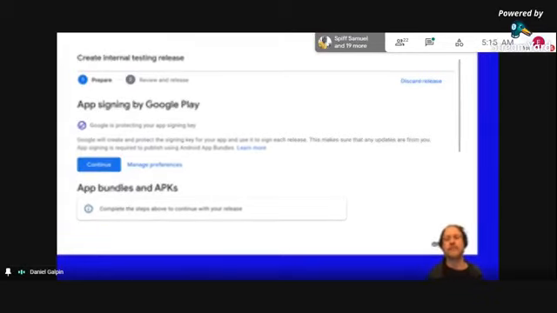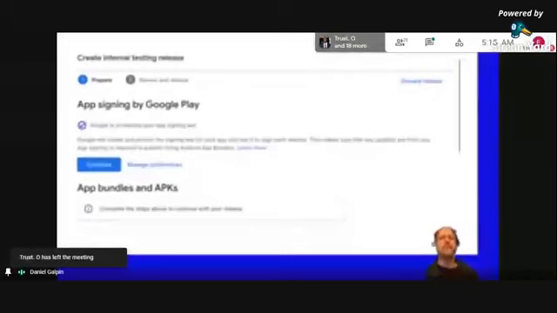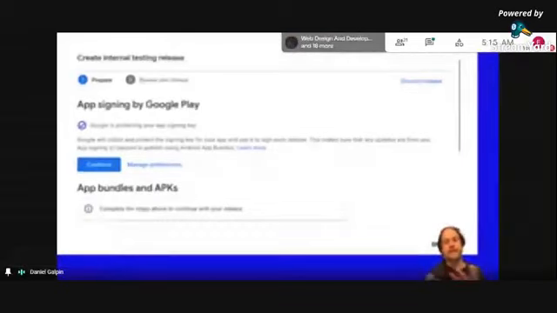You make the app signing selection the very first time you create a release, and it's literally that modern UI, because the recommended setting of generating your signing key on Google servers is enabled by default, and you can click continue to get on with creating a release.